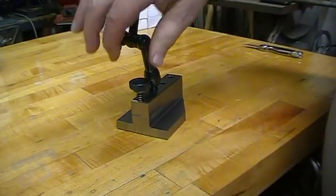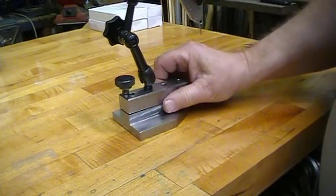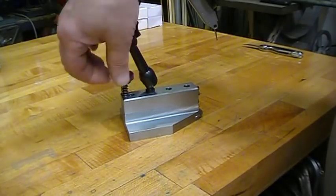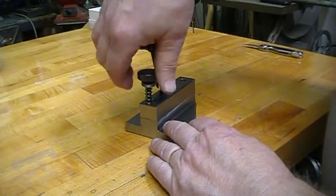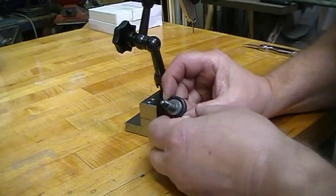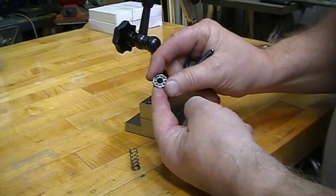The adjustment on this is this screw which lifts up the top of the unit so that I can adjust the dial indicator, and this threads through the top block, and I have the spring on it to take up the backlash in the threads. And what was happening is that it wasn't really working smoothly. So what I did, I purchased from McMaster-Carr these nice little thrust bearings,